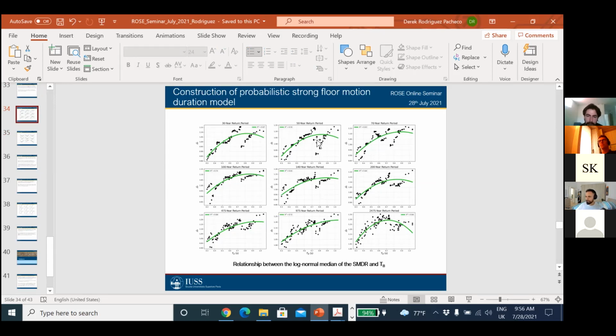No way to know. That's actually a limitation of the study, as you mentioned. We're limited by the range of fundamental periods that we investigated. I wouldn't dare to say that you can just assume that the quadratic relationship is going to continue outside these ranges. I think it would be very, what's the word I'm looking for? Very brave. I wouldn't do it. Yeah. Okay, that's what I was thinking.